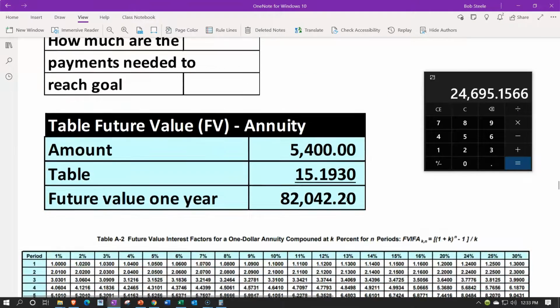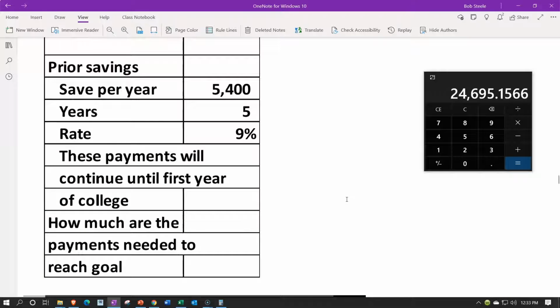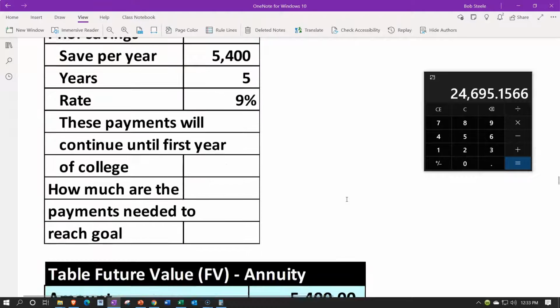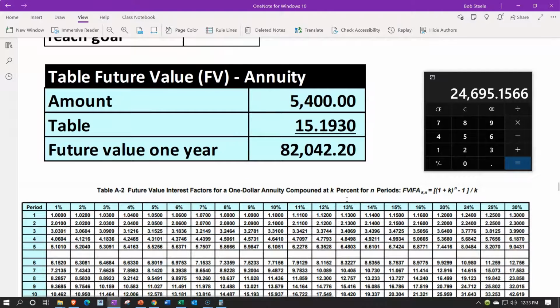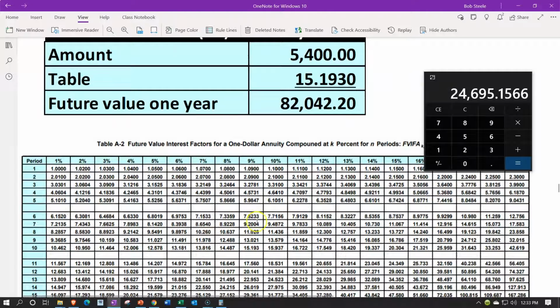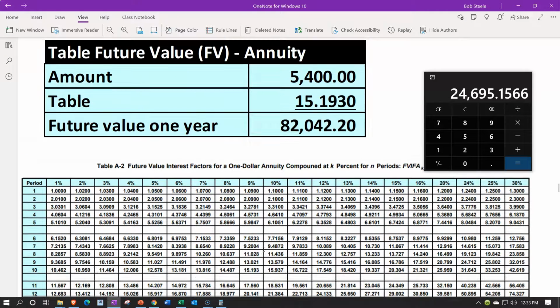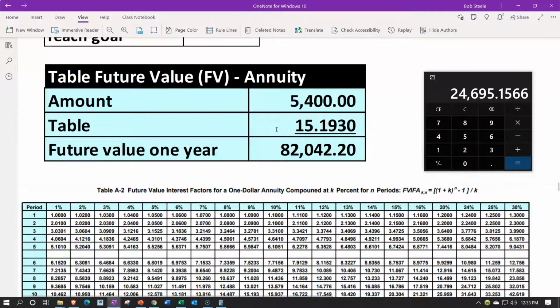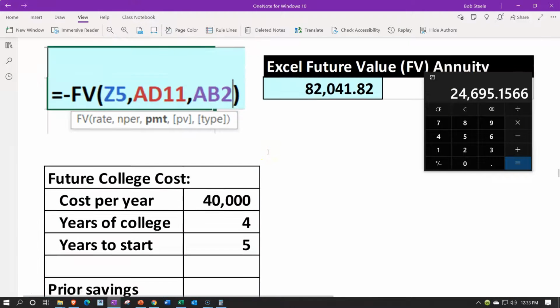So then we can do it with tables down here, of course, and that is a good way to do it. So we can say that we have the 9% and 10, making sure that we're picking up the proper table down here. So we got the 9% and 10, 9 and 10. We got the 15.193. So there's the 15.193 times the 5,400 of the payment gives us the 82,042.20,